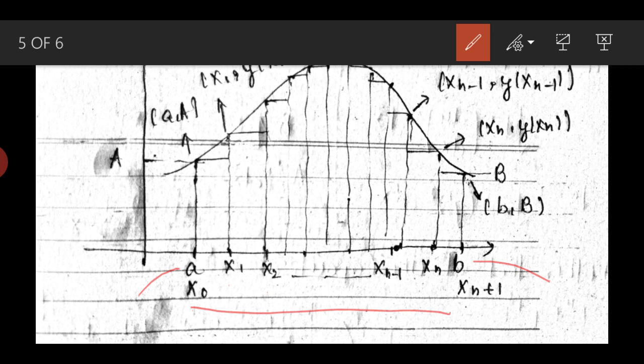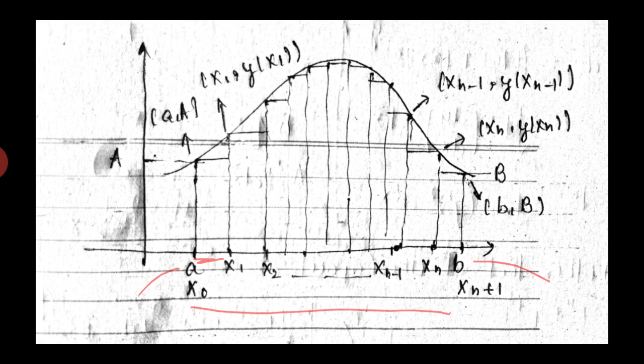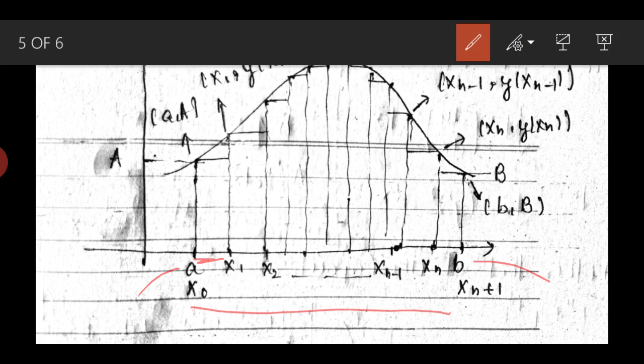We denote the width of this polygon by h, and these points are a comma capital A, and at point x1 the point is given by x1 comma y of x1, because the value of the function at that point is y of x1. Similarly, you can approximate this smooth function by these kinds of bars. I make these bars slightly flatter, but you can make it more and more precise by taking n tending to infinity.